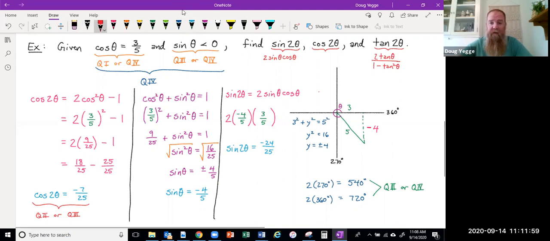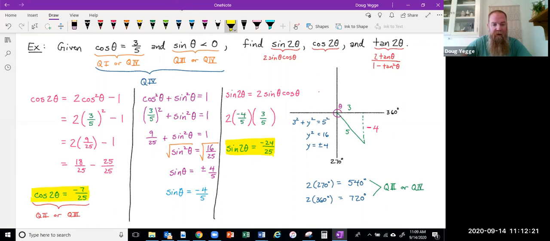And so again, that just validates the fact that my angle, because sine is negative and cosine is negative, is somewhere down here in the third quadrant, which should make sense based on the information we've had so far. So we've found sine of 2 theta and cosine of 2 theta. The last thing we need to find is tangent of 2 theta,